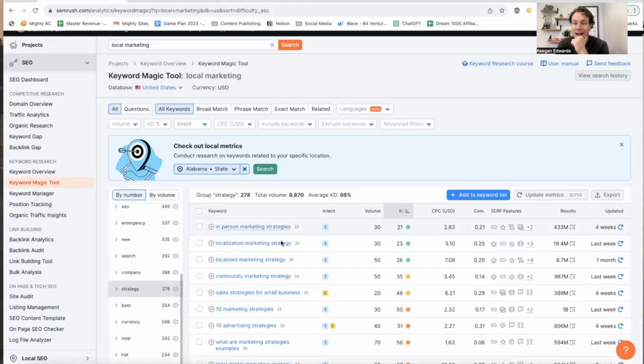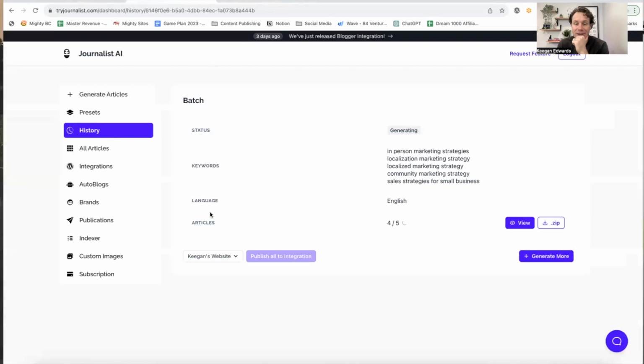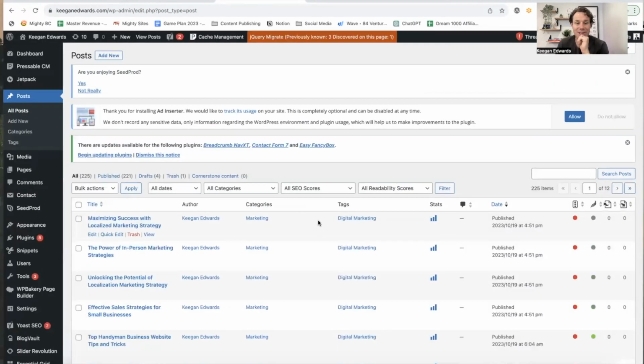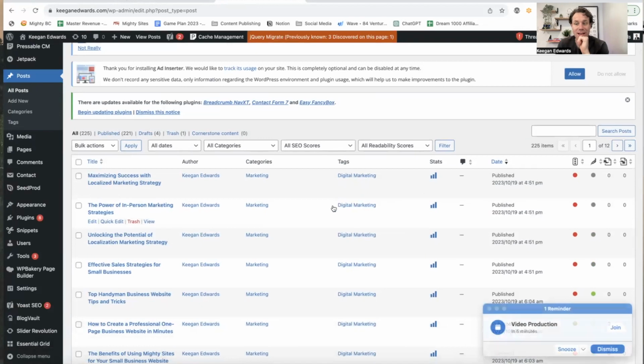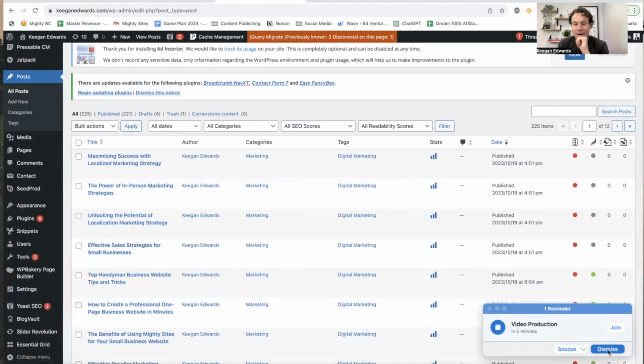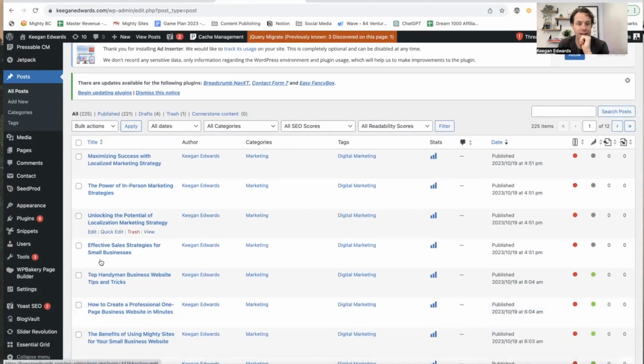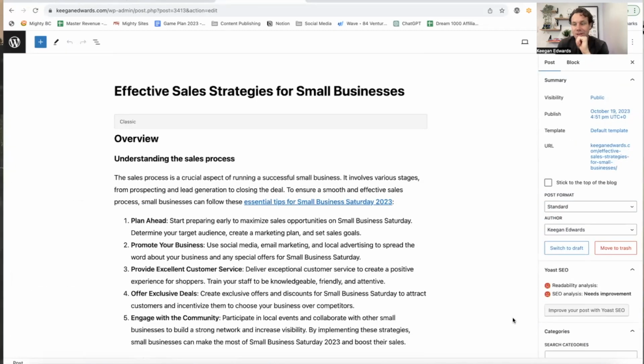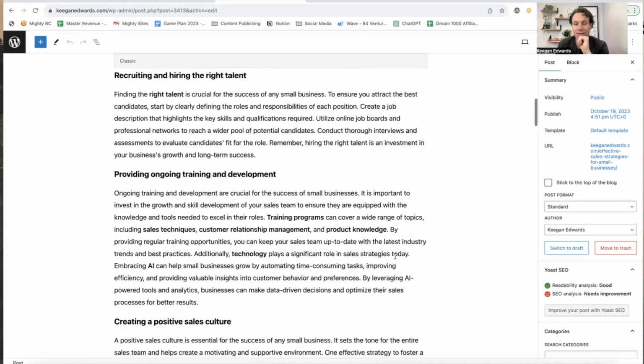I started here. I picked keywords that were easy to rank for. I now have Journalist AI generating the articles for me. Now here's the amazing thing. I use Yoast SEO, so I'm actually going to go in here and I'm just going to go to, all right, let's see, effective sales strategies. Click on edit. Now you're going to see Yoast is going to read the article, and all of a sudden,